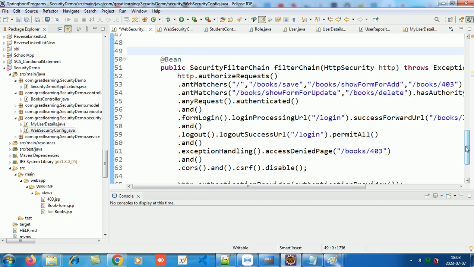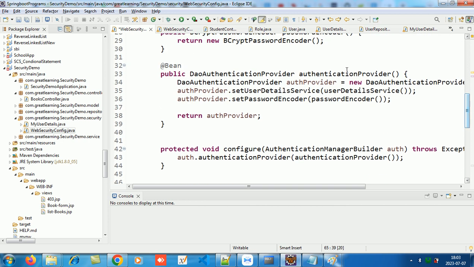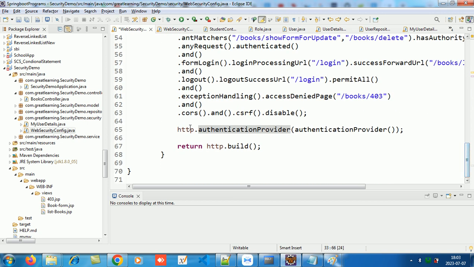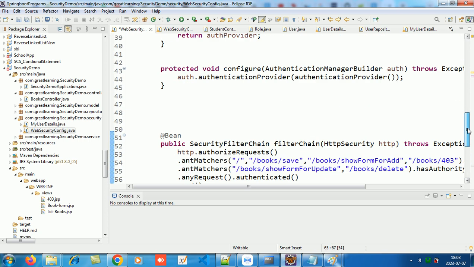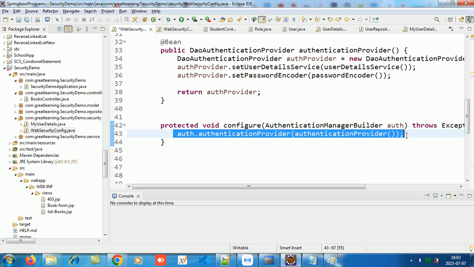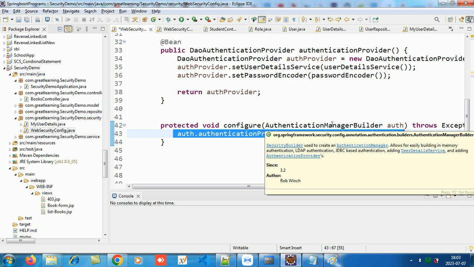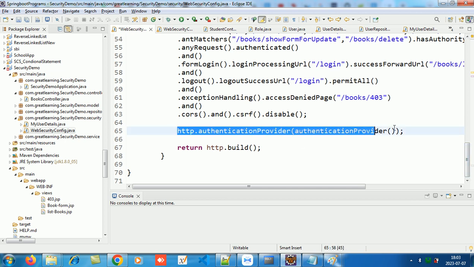सेकेंड लास्ट लाइन पे क्या करने का? जो फंक्शन था ऑथेंटिकेशन प्रोवाइडर, वो कॉल कर लेने का। ये फंक्शन कॉल कर लेगा HTTP के ऑब्जेक्ट से। जो अपना HTTP का ऑब्जेक्ट है ना, उससे फंक्शन कॉल कर लेने का बस, एज इट इज। ये जो लाइन है, इसकी बिल्डर वाला फंक्शन जो लाइन है ना, ये कॉपी करके डायरेक्टली यहाँ पेस्ट कर, इससे कॉल कर लेने का उसको, बस। बाकी अपने को काम खत्म।